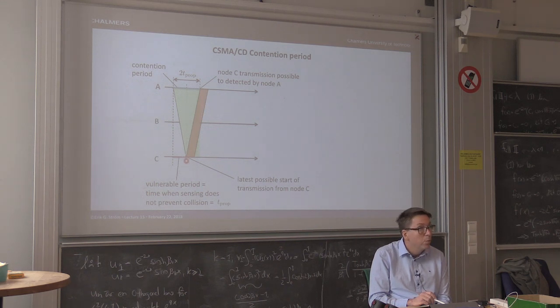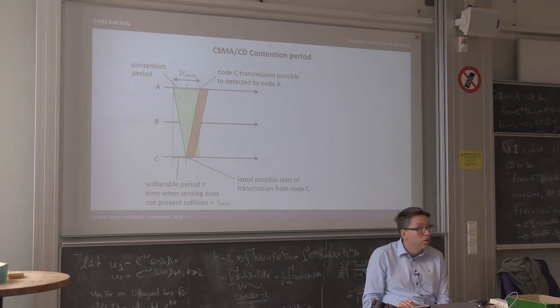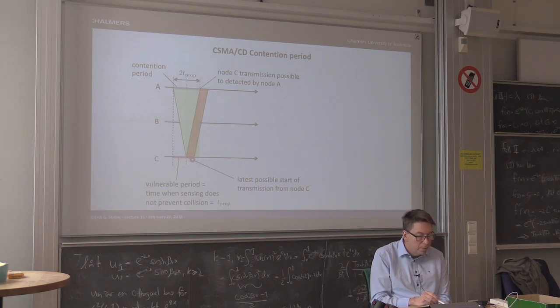Some millisecond or microsecond after C has started to transmit its frame, it realizes that there is a collision, because what C can see on the channel at this point in time is not only its own frame, but also something else. So it knows that the collision has occurred here. Nevertheless, C keeps on transmitting a short while before aborting its frame transmission. And the reason for having a little bit of time here is to allow A to detect the collision as